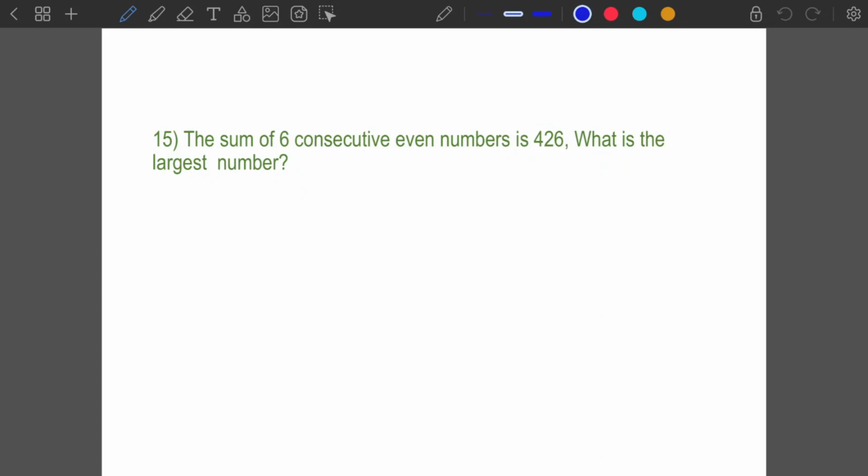Here it is given that the sum of 6 consecutive even numbers is 46. What is the largest number? So, first finding the mean. 6 7s are 42, so the mean is 7 1. To find the largest number, since we have n equal to 6,